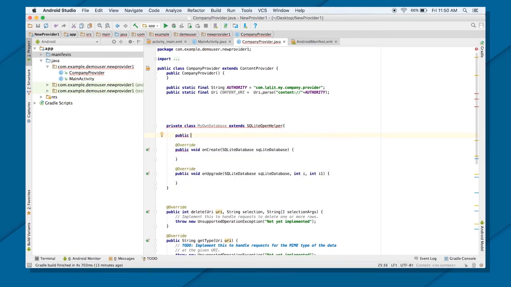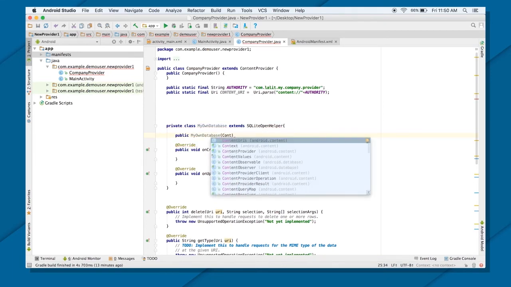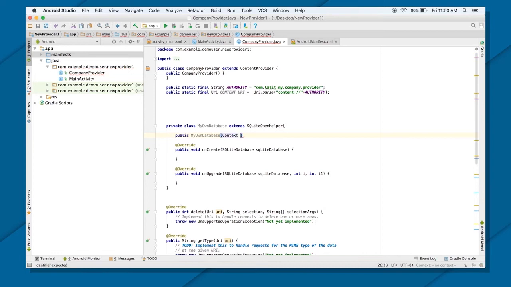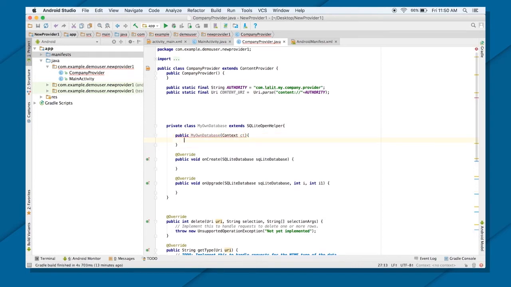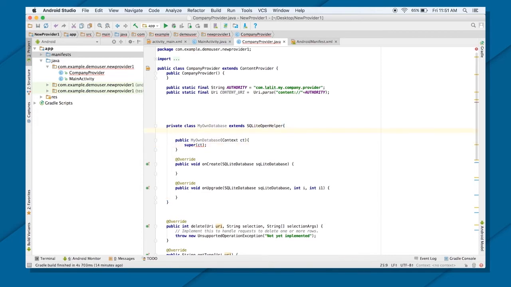In my constructor I provide a Context object, ctx, and then I provide the super statement, inside which I will provide ctx, a database name, a cursor factory object, and then the database version. So I can define those constants here if I want, or I can define them elsewhere. It's totally up to you. Which one would you like to have? Let me just put it inside this class only.